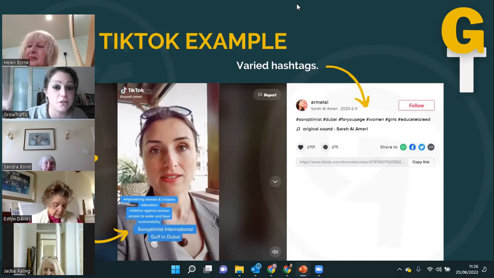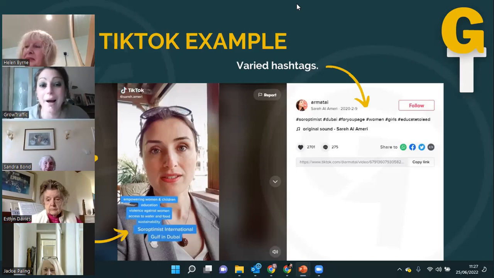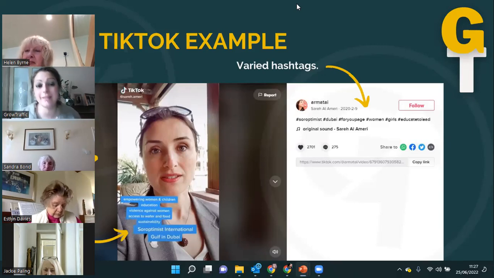And again, all of this is just done on a phone. But very quickly, you could say, just wave, you know, let's go around the room, everybody wave, or everybody introduce yourself, or say why you're here today, or why you became a Soroptimist. You know, there are lots and lots of different ways that you can do this that don't have to be cringeworthy. And again, it's just about trying it and practicing.